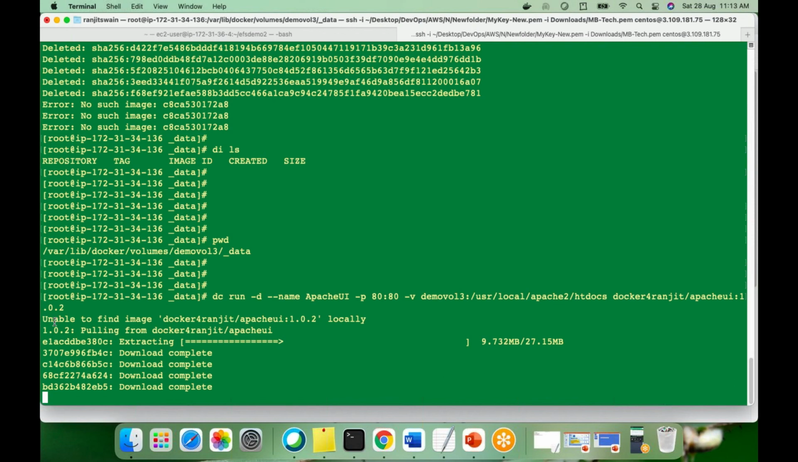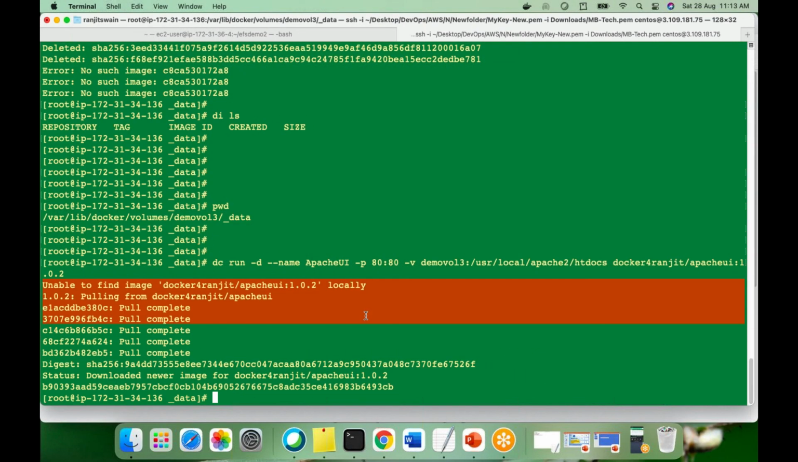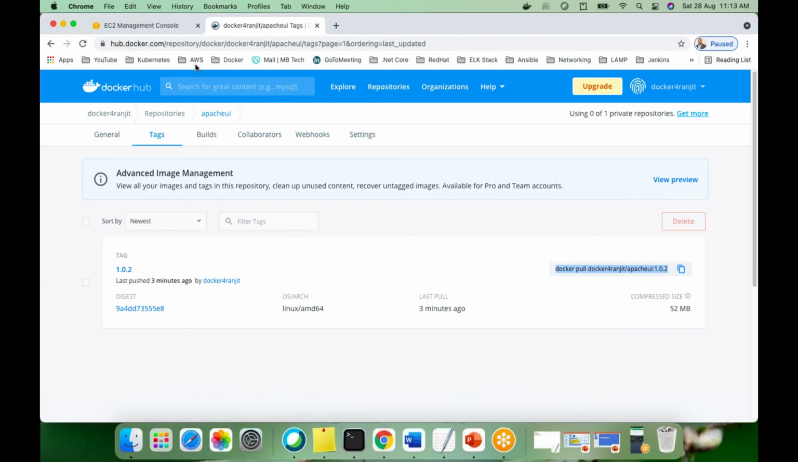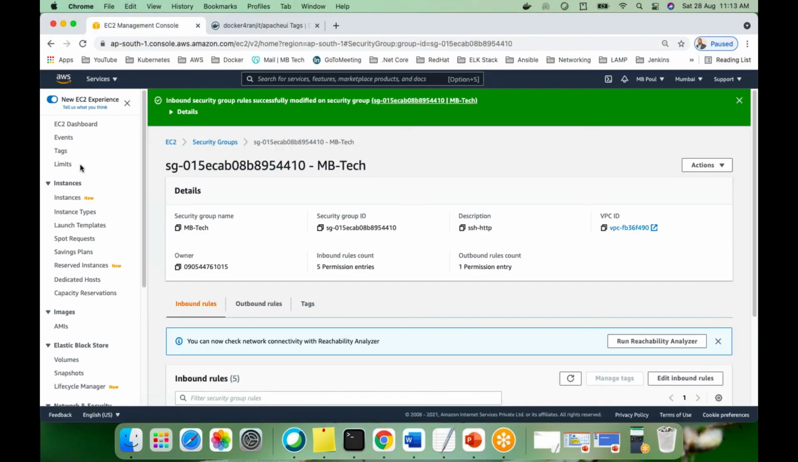See what it did first: unable to find image locally. This is the flow. It first searches locally, and if it does not find the image, it pulls the image from the registry and then creates the container. So our container is now created. docker ps shows the container. If I go and refresh, get the IP,